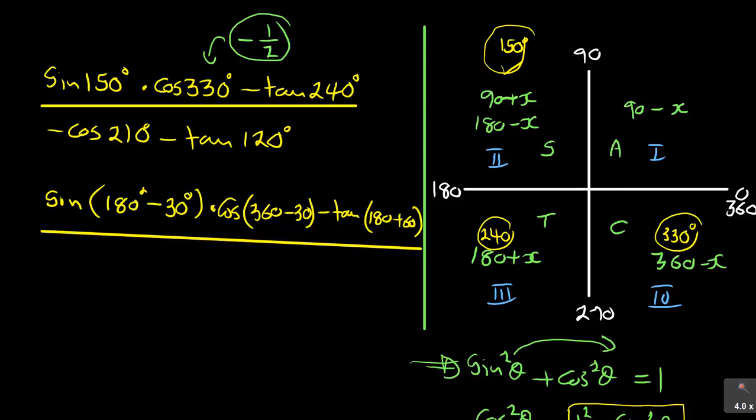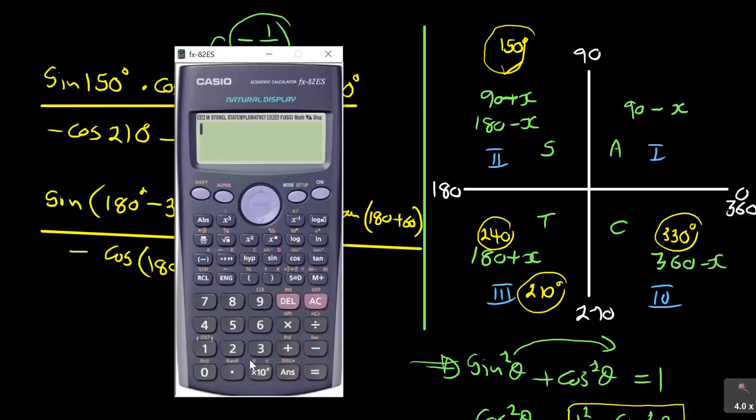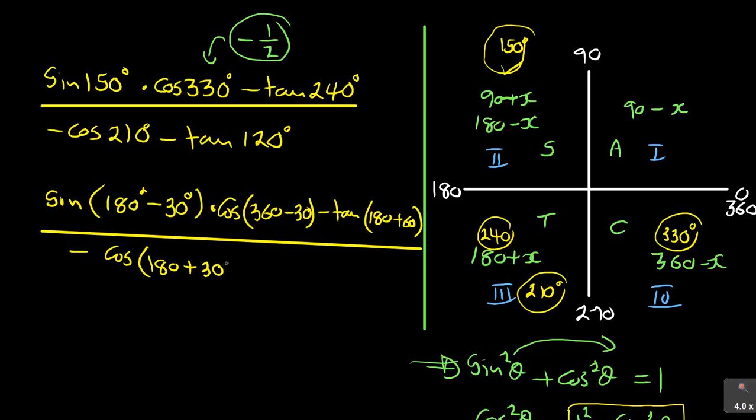in here, over, now minus cos 210, it is again 210. Actually it's in this quadrant, this is where I get 210. So it is in quadrant number 3, so it's 180 plus, subtract the two numbers, 210 minus 180, just to get the other number, which is 30 degrees. Alright, so that's what we are having. And then minus tan